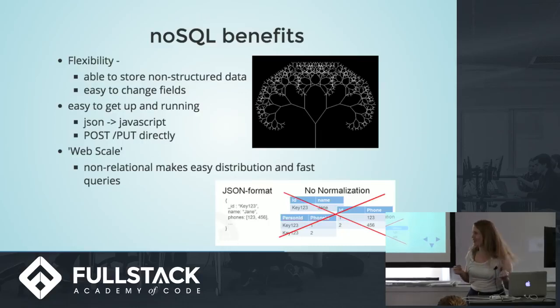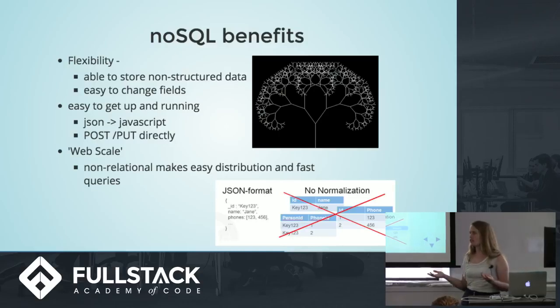I have two more. So, flexibility: you can store non-structured data, you can change the fields, and different documents don't have to have the same fields. It's easy to get up and running because JSON and JavaScript work really well together. It's easy to implement with RESTful routing. Additionally, it's really easy to